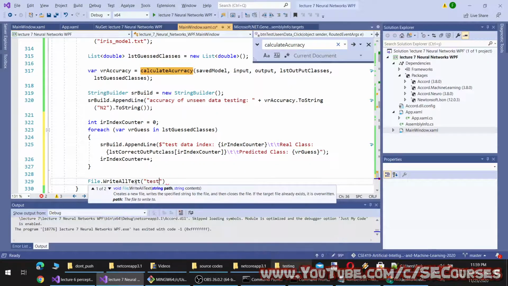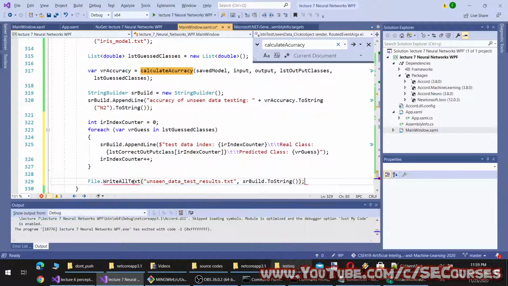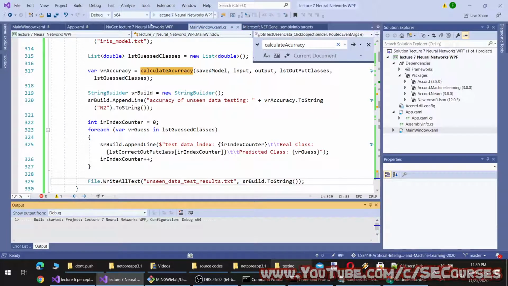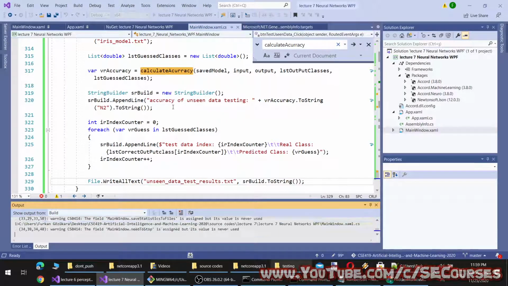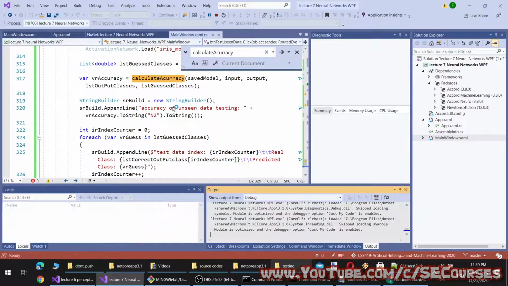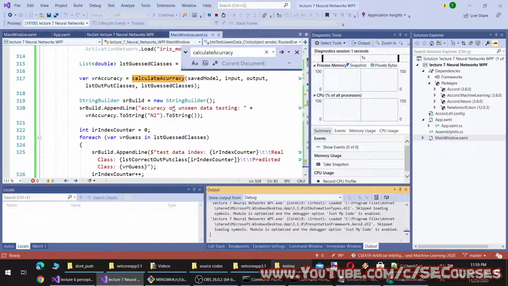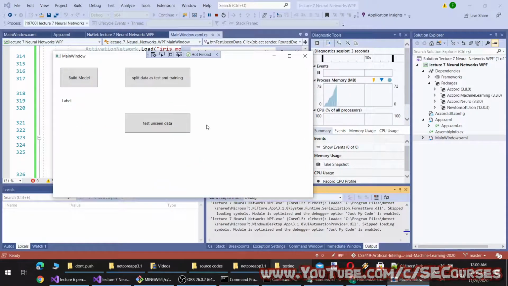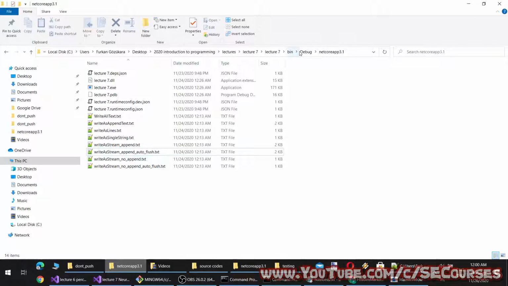Let's say testing or unseen data test results. Okay, let's run the application and see how much accuracy we will get on unseen test data. Okay, the application has run.